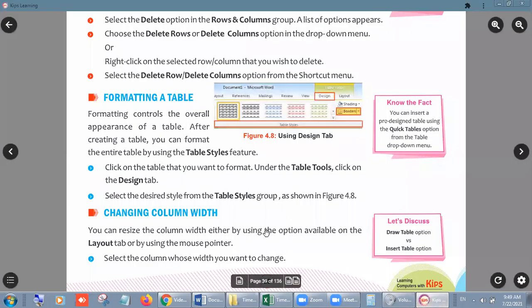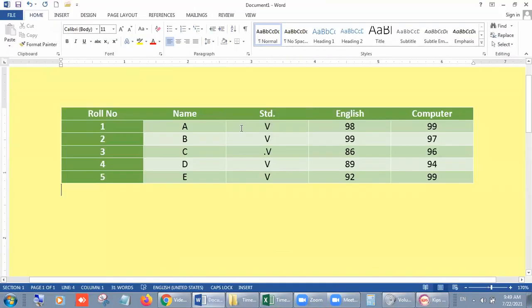Next command is changing column width. Look, students, suppose you observe that there is no need for this kind of width for roll number, because we can save the area of our page.